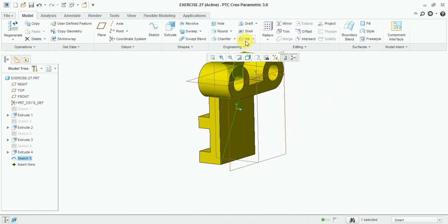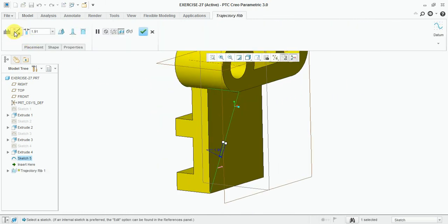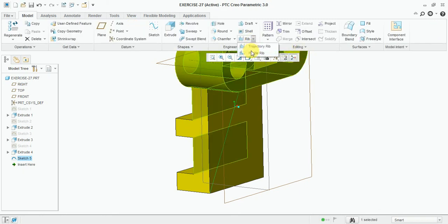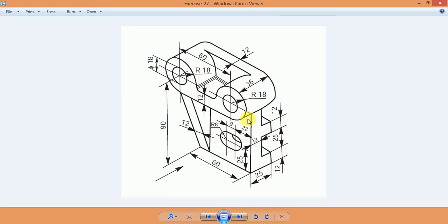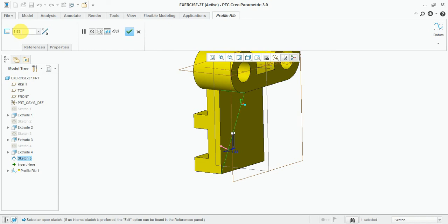Now select the rib, profile rib, the rib dimension is 12 mm, so enter here 12, okay.